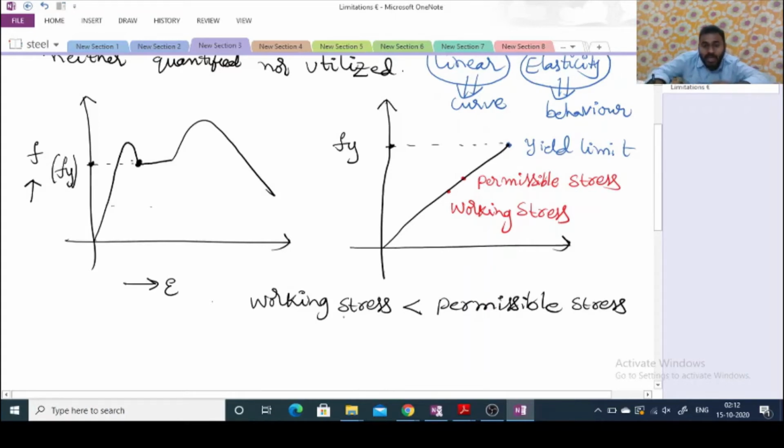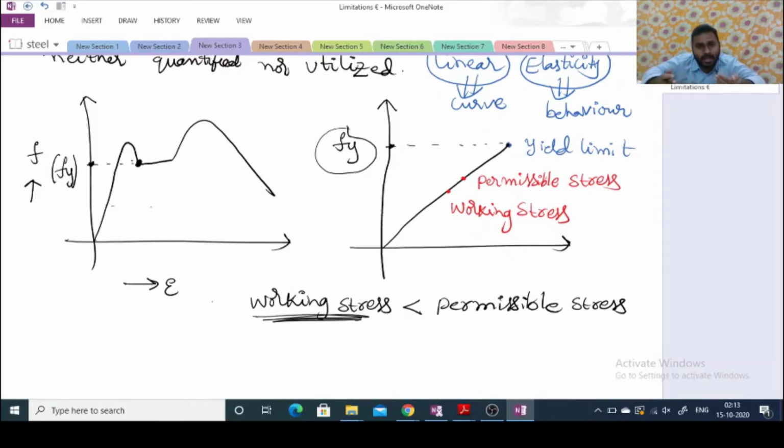Agree with that? So as this working stress is much less than this Fy, that is yield stress, there is no need to take care of stability criteria. It means it will not fail in that aspect. Hence mainly serviceability criteria is considered, and hence this method is also called the serviceability method.